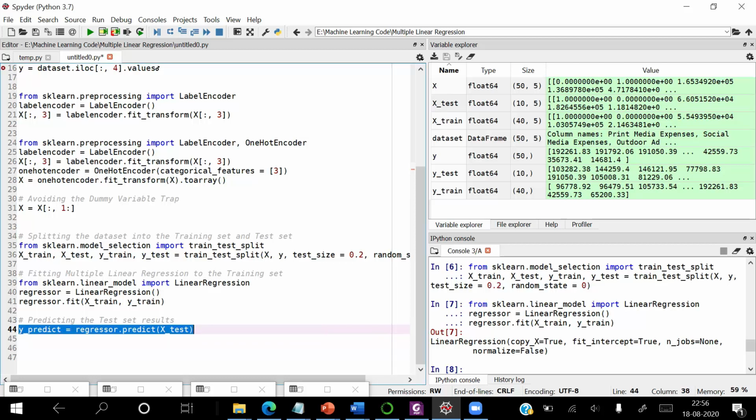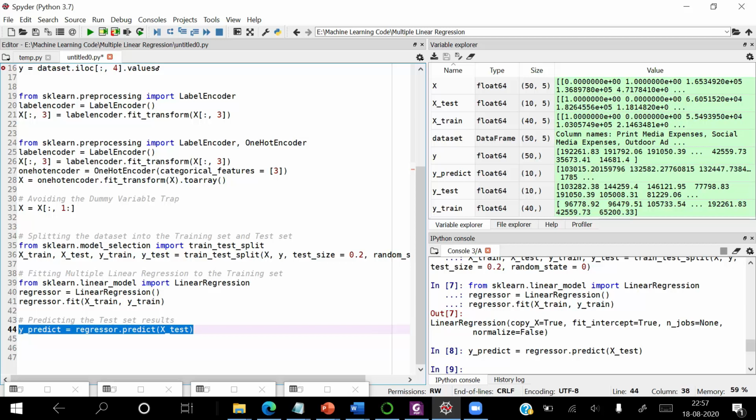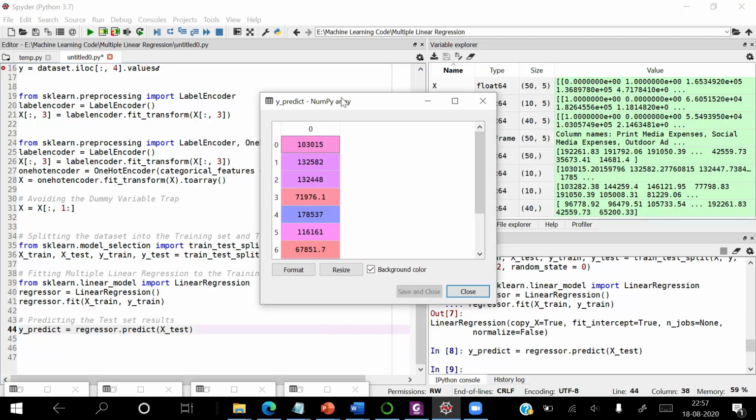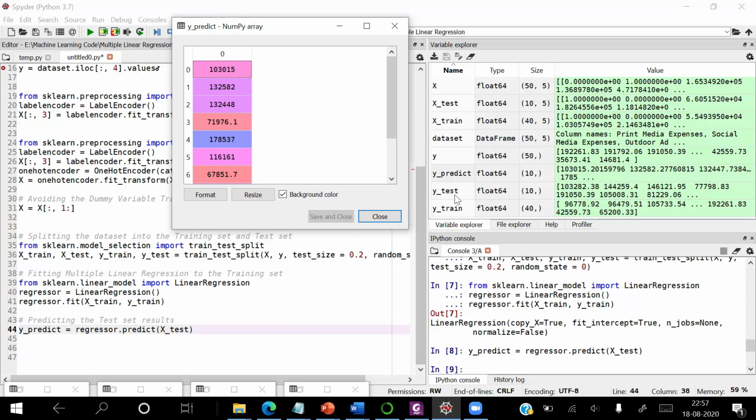Let us execute this line of code to predict the value of profit for this data. So you can see that after execution of this, we have Y_predict, which is the predicted value of profit, and we can compare this with the actual value of profit, which is in Y_test.